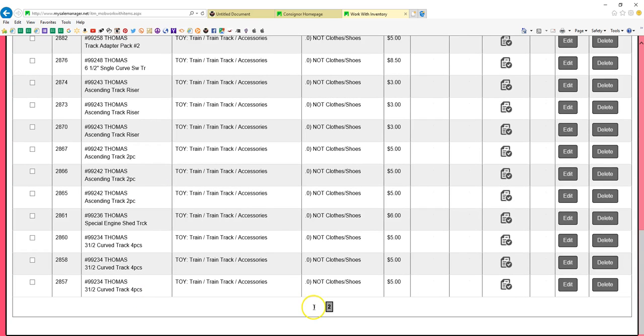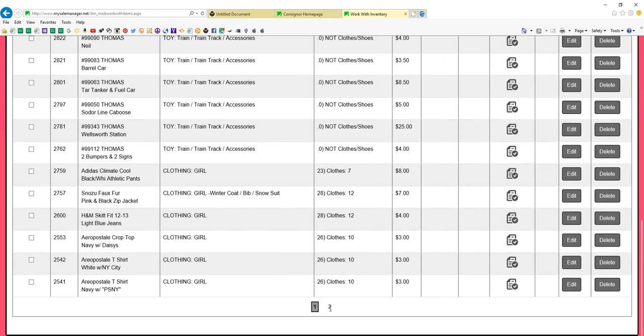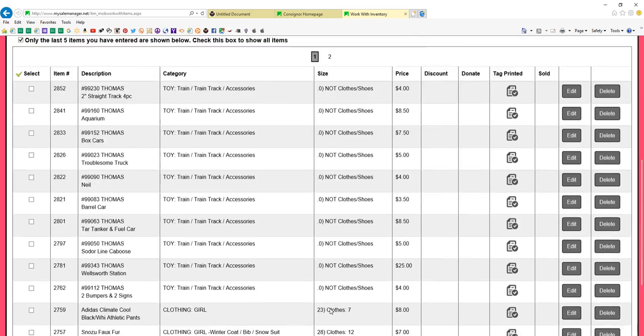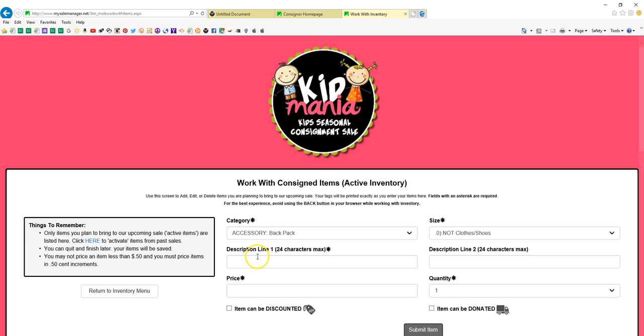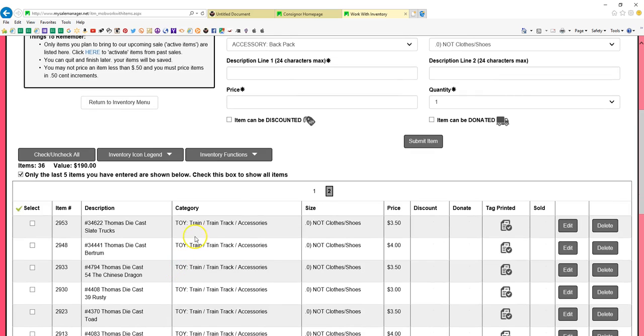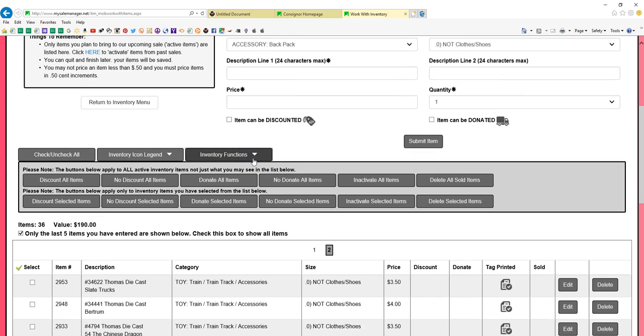Now, there's 2 pages, as you can see. This is the second page of all the 36 items. I believe it only shows 20 at a time. So I can use whatever page I'm in first, and I can change my inventory functions. I can say discount all of my items or donate all of my items. Really nice. And it would indicate in here. Or I can select my items. So I can say select this item